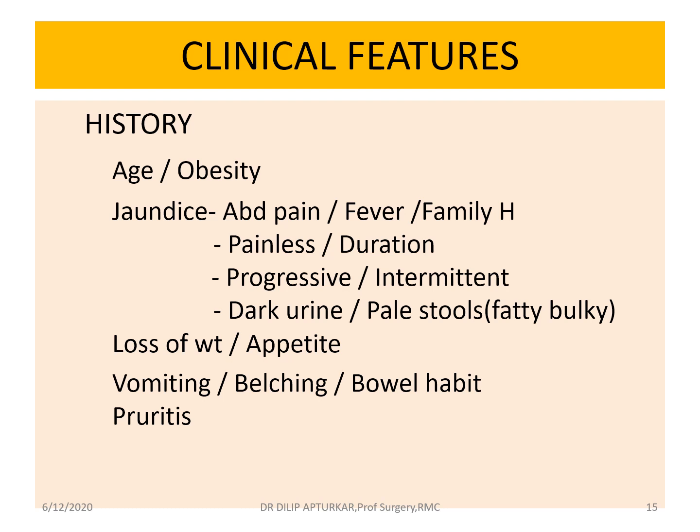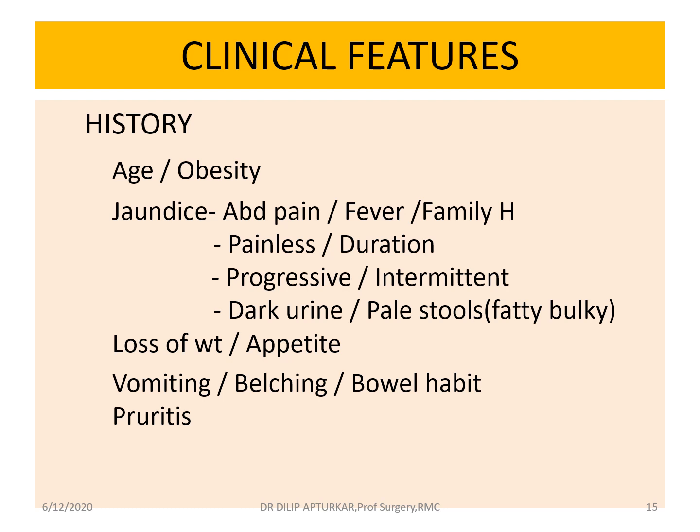There can be family history of biliary disease or any pancreatic disease. Painless jaundice usually occurs in malignant lesions. Duration is very important, whether it is acute, short duration or long duration. If the jaundice is continuously progressing, it means the obstruction is complete. Whether it is intermittent, we will see the causes for intermittent jaundice.